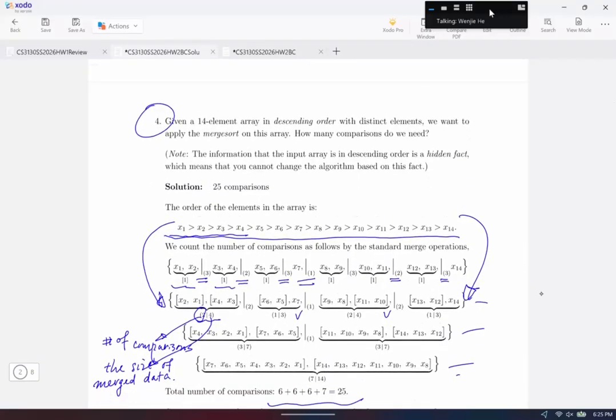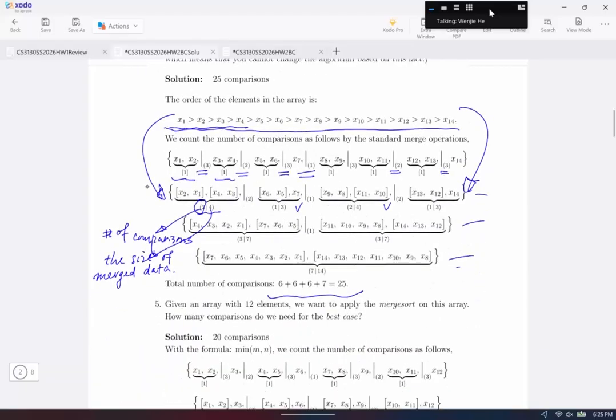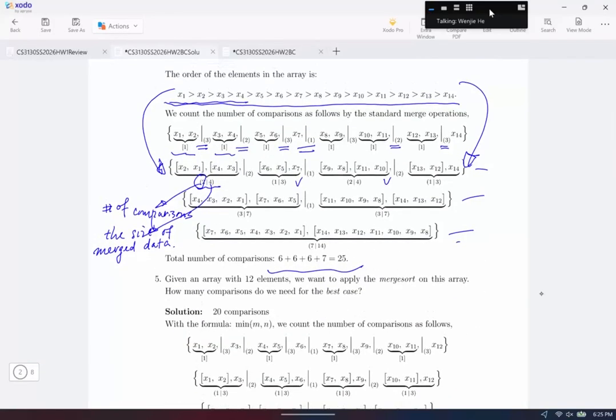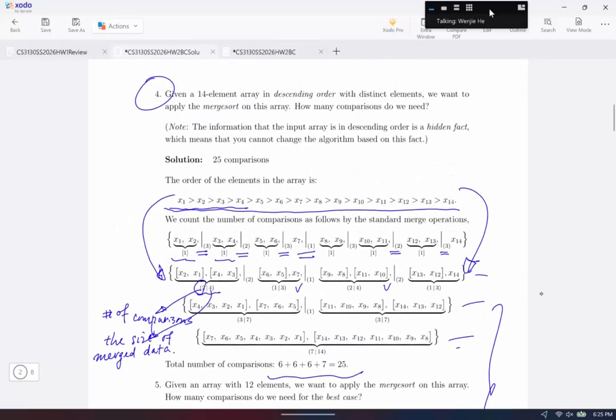So you need to study this part. And number 5, they are similar. Just the data size is different. So you just study this solution